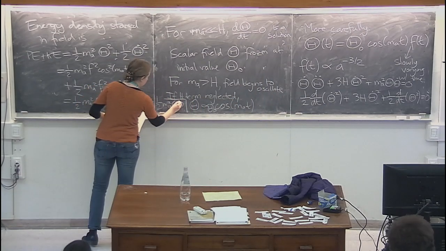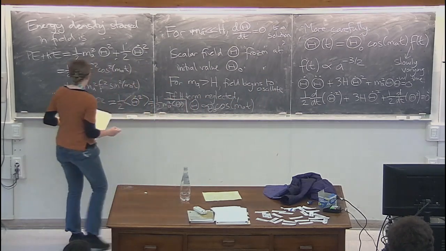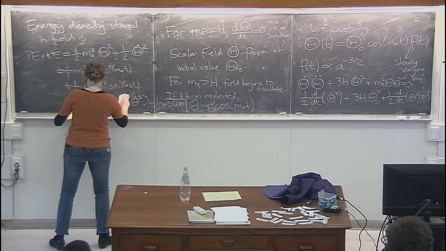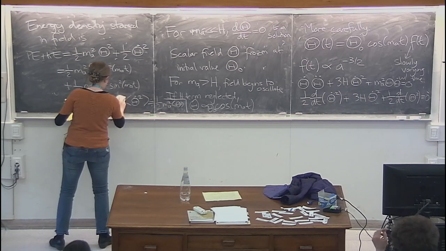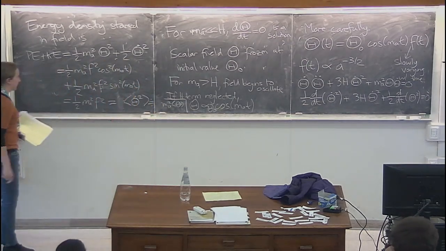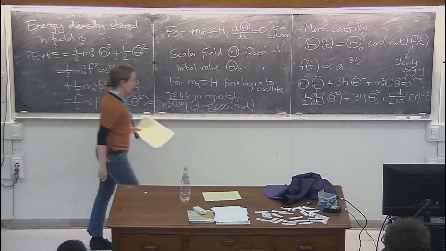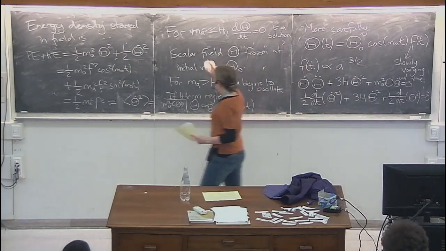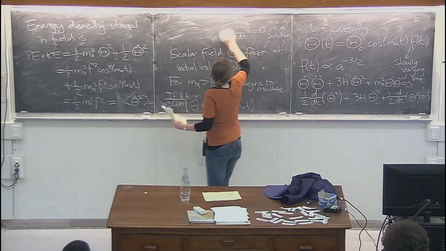Yeah, I think actually I don't need a half there, because the half comes from the expectation value of the cos squared theta, or the expectation value of the sine squared theta. So if what I care about is the evolution of these slowly varying quantities, which tell me about the total energy density content of the field,